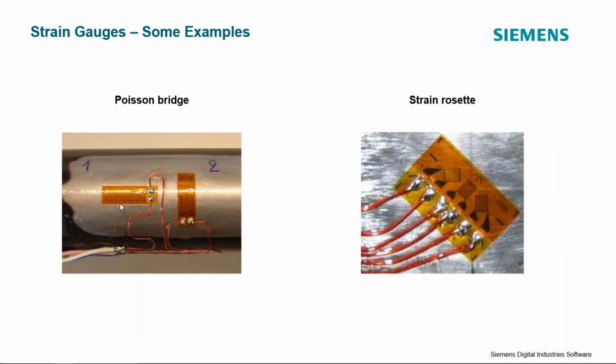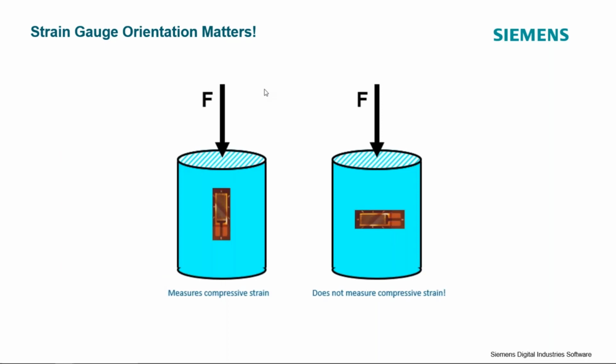So you can see there's a thin substrate that's placed on the material, then the gauge is bonded to that substrate in this picture. And in this picture, you can see the very, very thin resistive wires. And then there's solder tabs for correctly wiring the gauge together. So like I mentioned previously, the orientation of the strain gauge is really important in order to correctly measure the strains on a test object.